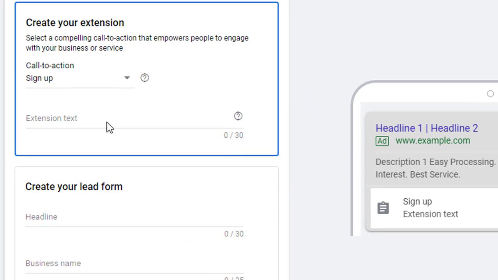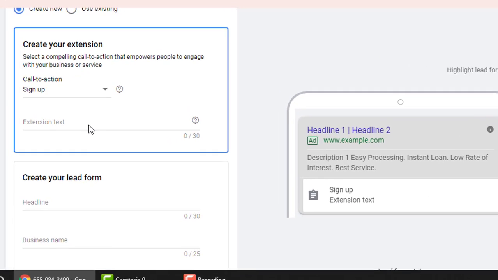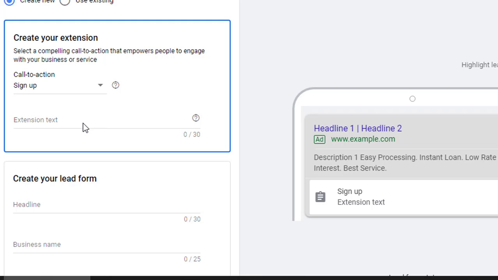So the lead magnet is what I have offered to them, and this lead magnet is the free course in digital marketing.